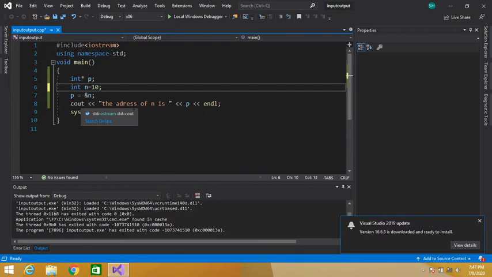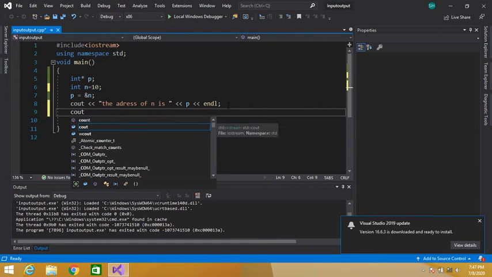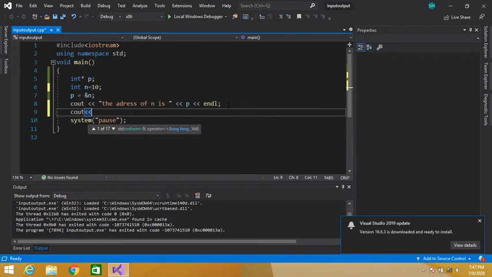If we want to display the value of a variable using a pointer, we can display like this: the value of n is, we have to use this dereference operator, asterisk p.